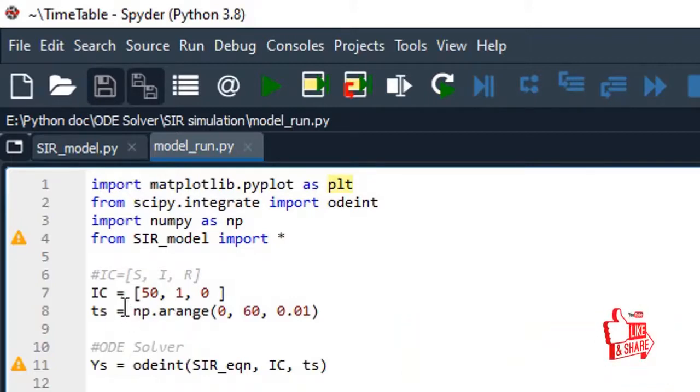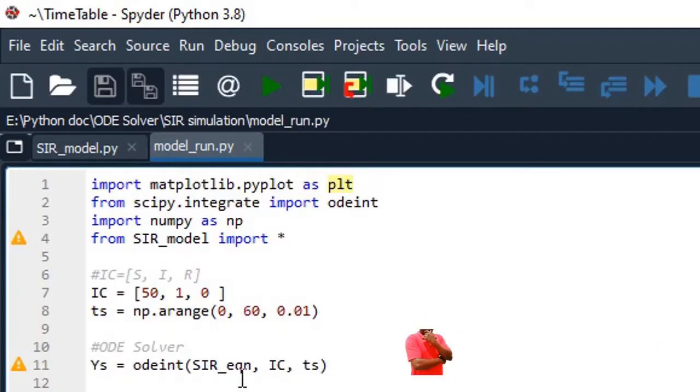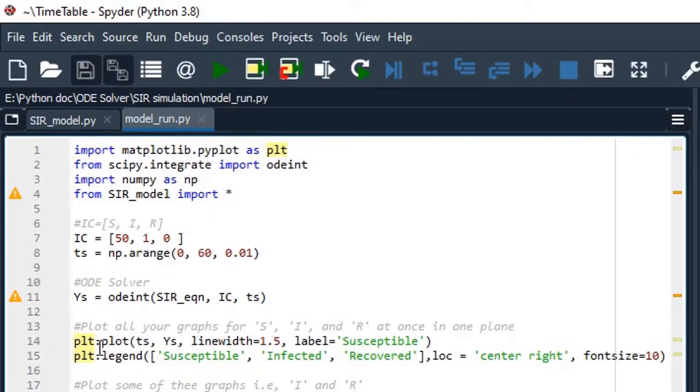You give the initial conditions for S, I, and R, then the time range for your simulation. Then you solve the equations from the first file with the initial conditions and the time steps. After that, you are ready to simulate by observing your results from the graphs.